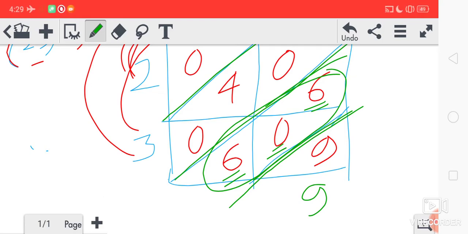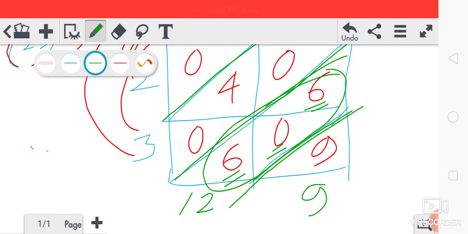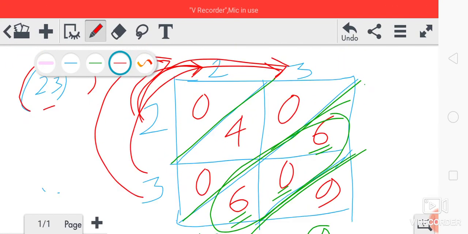So 6 plus 6, how much will we get? 12. So we'll write here 12. Got it? Now in the same way, the first digit we will underline. So we are underlining the first digit and 1 is left. So this one we have to add. Okay, just wait here. Now this column we have added.